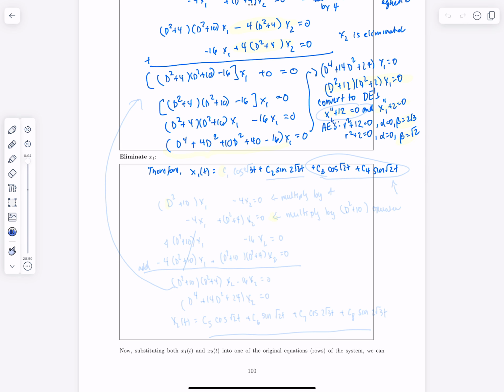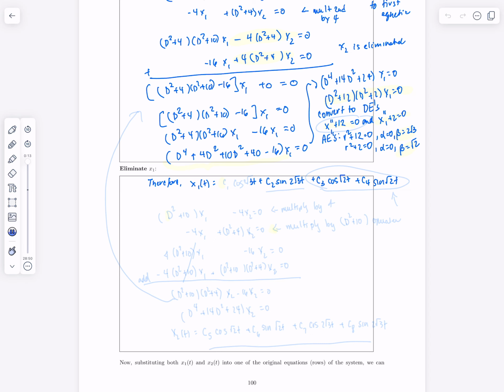So continuing on with our example of how to apply systematic elimination to solve a coupled system of differential equations. We're working on a system of second order problems that correspond to a coupled mass spring problem. And remember, what we've done is, after using Newton's laws to produce these two equations that describe the displacements of both of the masses, we convert those two equations using a differential operator form to this system, where D now represents